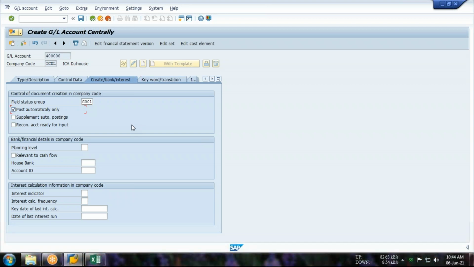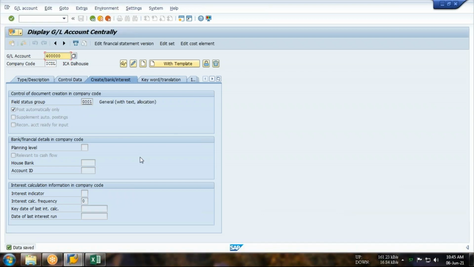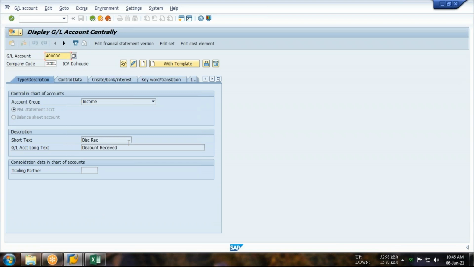Anyone having any doubt about it? So now save this. Guys, have a look at how to create it. So we need to create the GL of discount allowed, discount received like this. First page is quite simple.